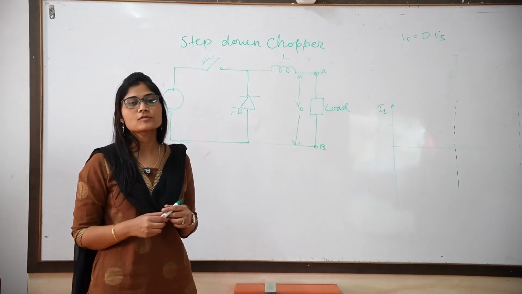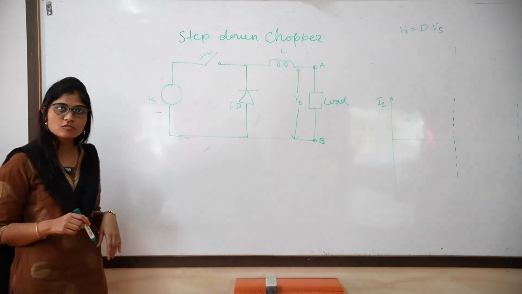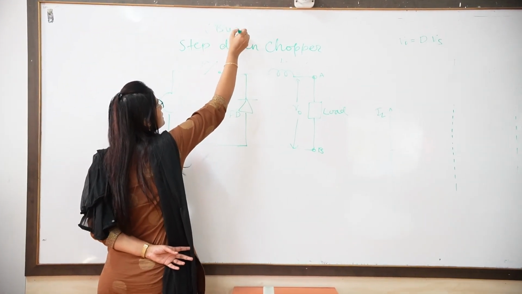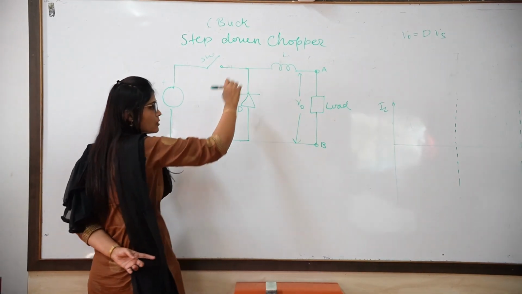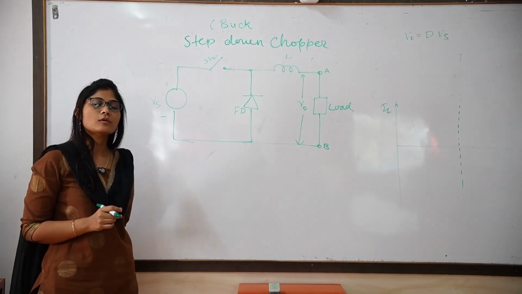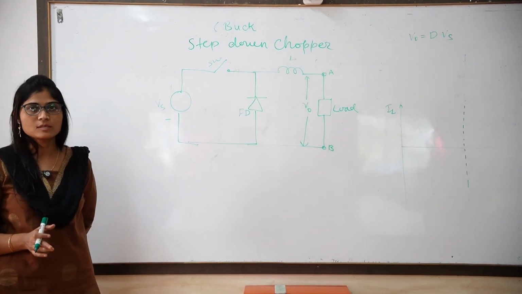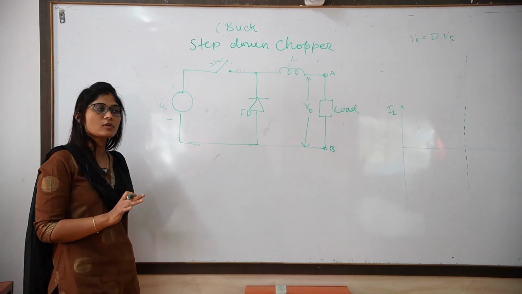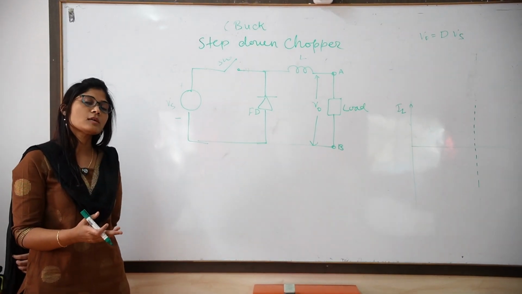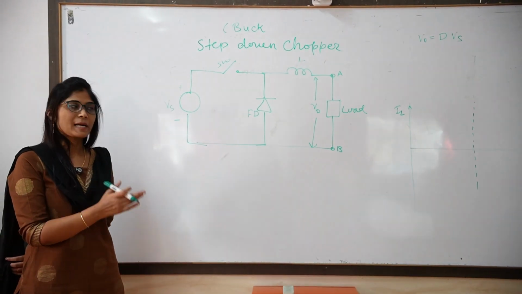As we are going to see the practical which is on step down chopper, that is also called a buck converter. To study the step down chopper, the load which we are going to use here can be the R load or RL load, or it can be a DC motor. So we are going to see the DC motor as a load and how the effect is going to be across that load, that we are going to see practically.